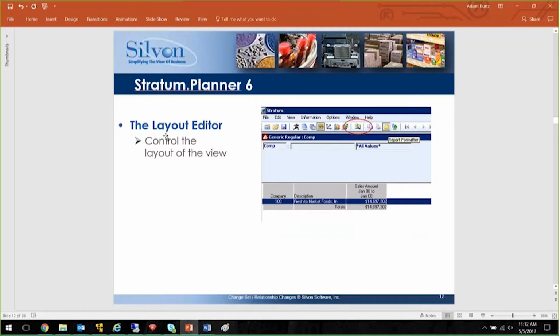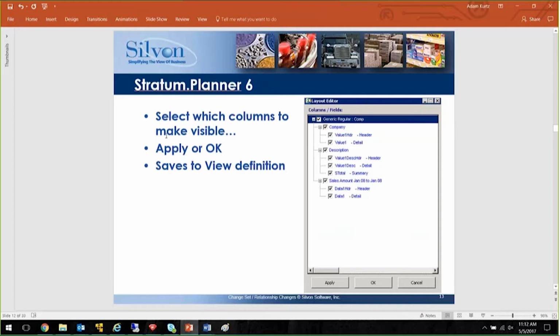And then there's the layout editor. That's part of the Planner, again, talking a little bit more on Planner. The layout editor just provides you with more flexible ability to format your view, essentially what you want to hide, select which columns you want to make visible, and then certainly you can hide things much easier. So the layout editor was added in just to help you hide things and make things visible much easier within